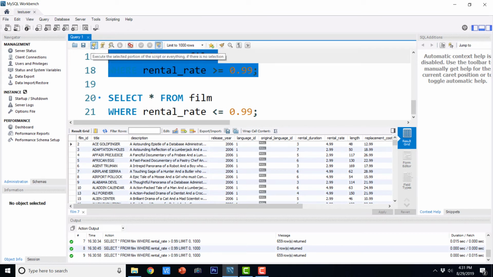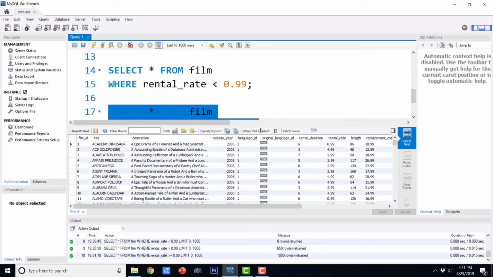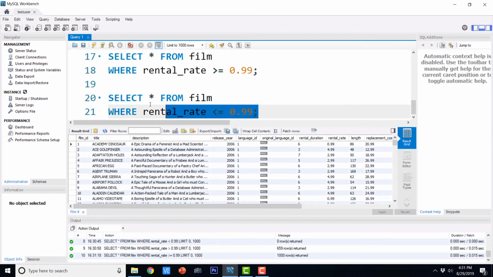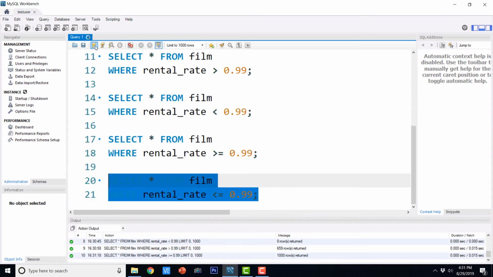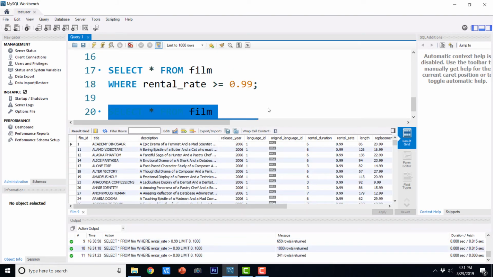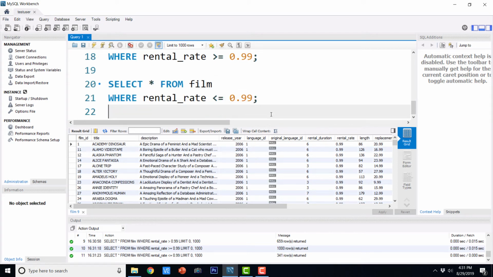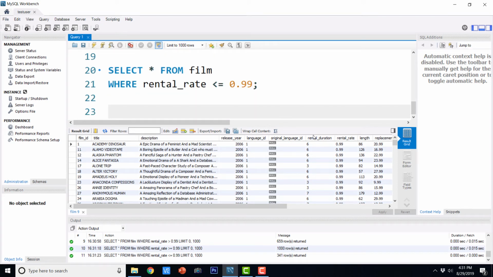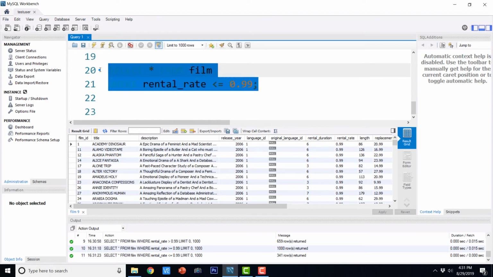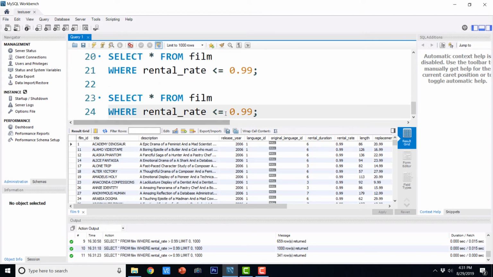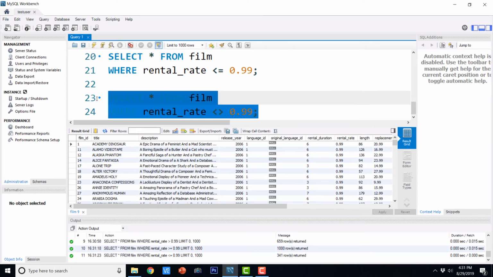So let me execute this and this is the output. So let me copy this and paste it. So this is the not equal to condition.